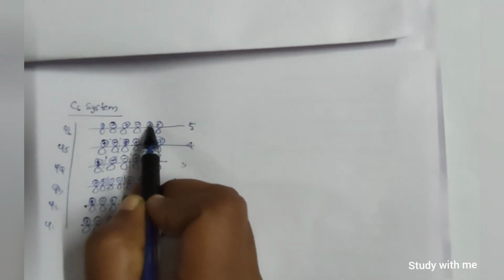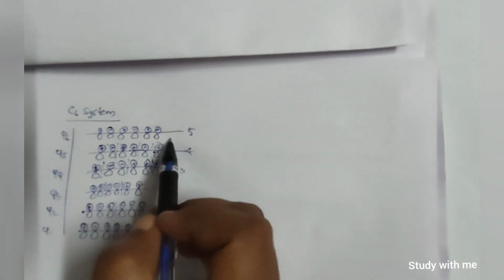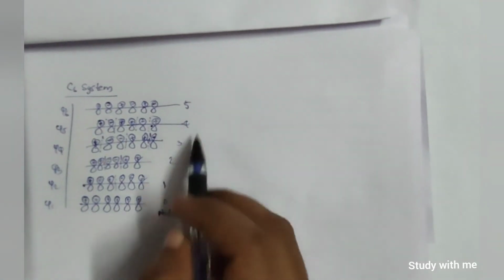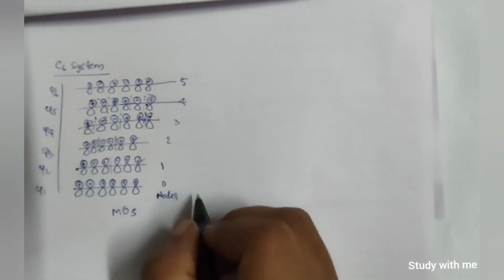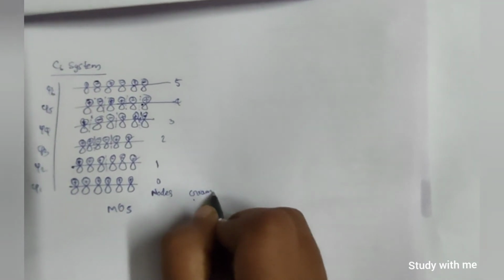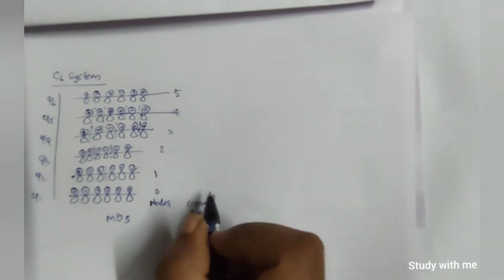And in psi 6, we know that all will be alternative. So this will be positive, negative, positive, negative, positive, negative. So we get the signs of these MOs. The MO diagram is completed. And the question was, thermally, what will be the answer? So thermally we have to introduce only the ground state. So here we got the ground state electrons.